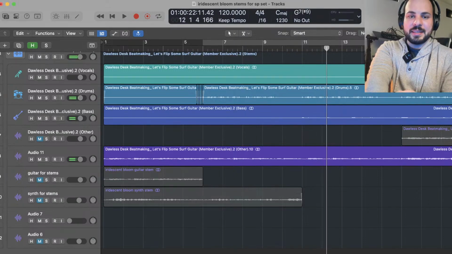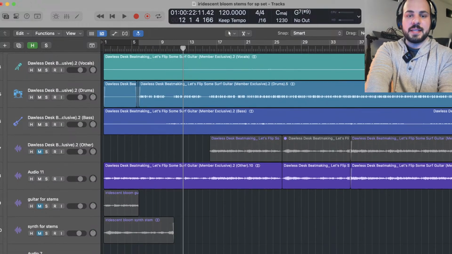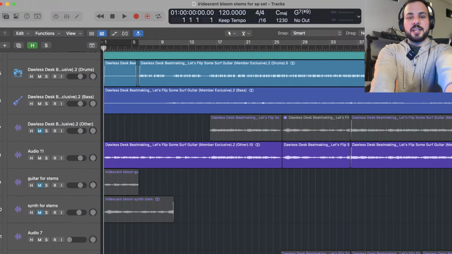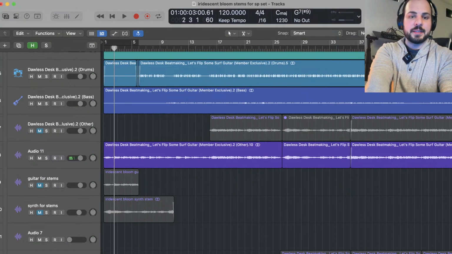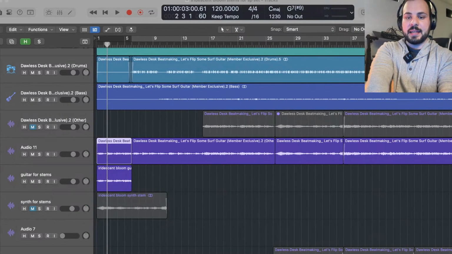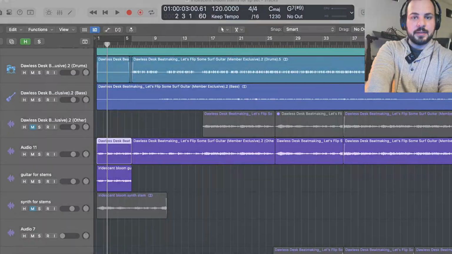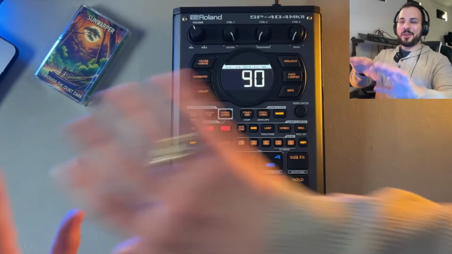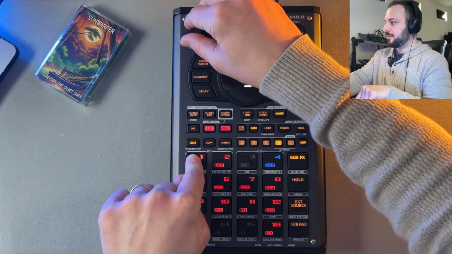So with this, basically what I did was the same kind of method where I found sections that I wanted to play. And for me, I knew I wanted to play this guitar. So I just chopped a section of that guitar. You can see already, moved it down here, exported it to the SP. And then once I did that, let me switch back to the SP here. Sorry, moving all over the place. I apologize. Once I found this sample right here, and I can raise the volume back up,